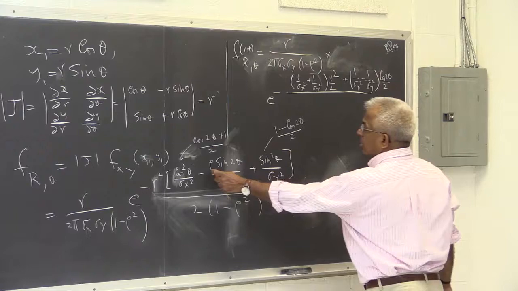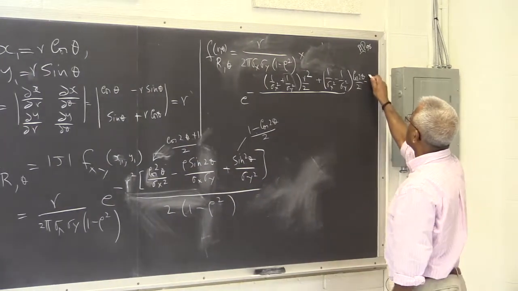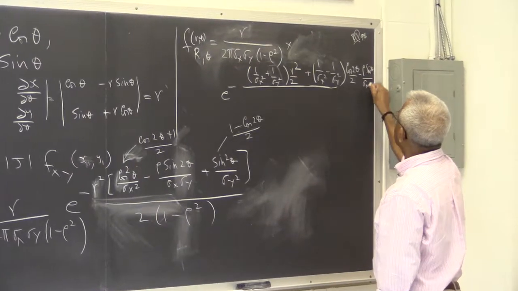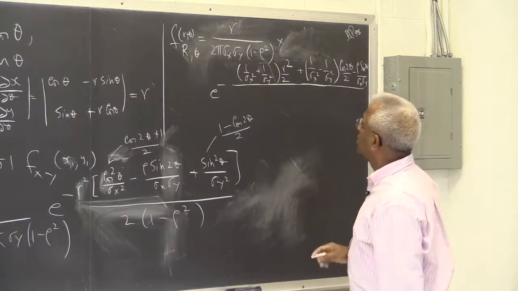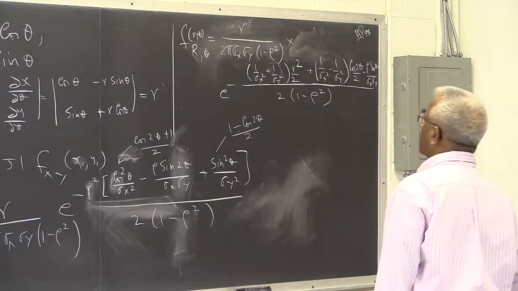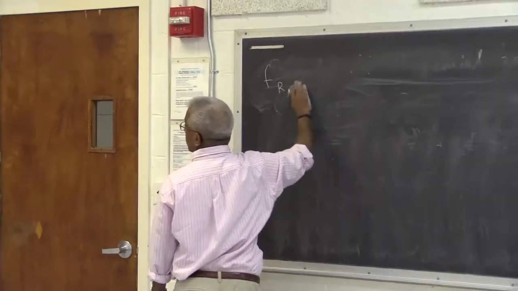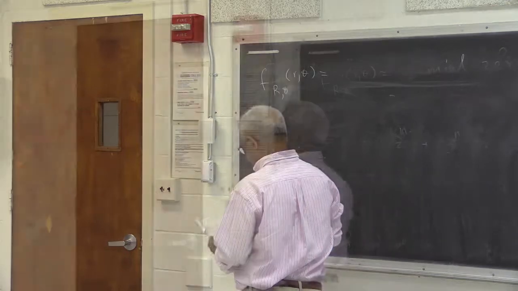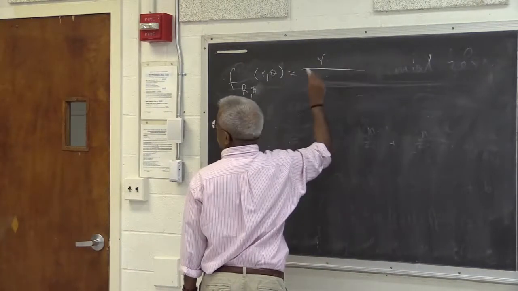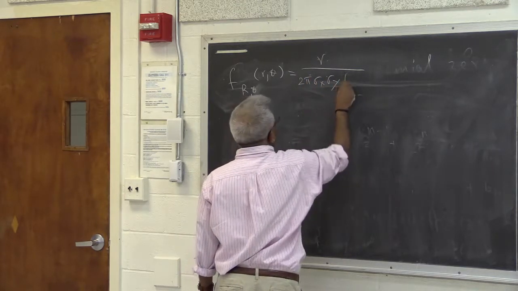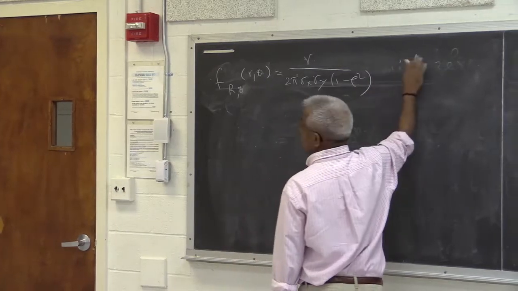And then you have minus rho sine 2 theta divided by sigma x sigma y. And the denominator is 2 multiplied by 1 minus rho squared. So let me carry over this here. So f of r, theta, (r comma theta) equals r divided by 2 pi sigma x sigma y, 1 minus rho squared multiplied by,